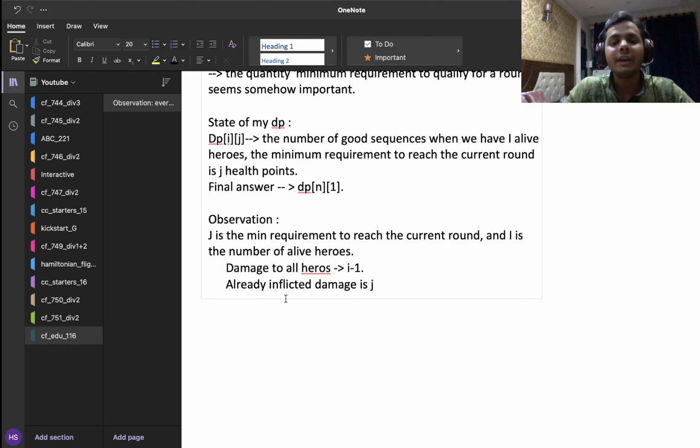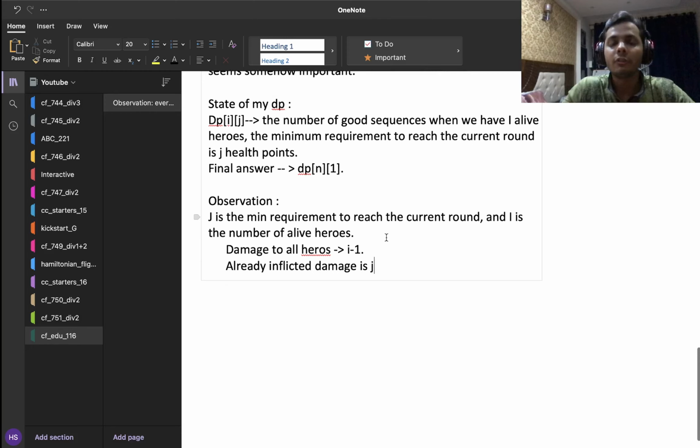Finally they will again be inflicted by a damage of I minus 1, because there are I people, and every person inflicts a damage of 1 to every other person. So the total amount of damage that everyone will have to face is J plus I minus 1, right?